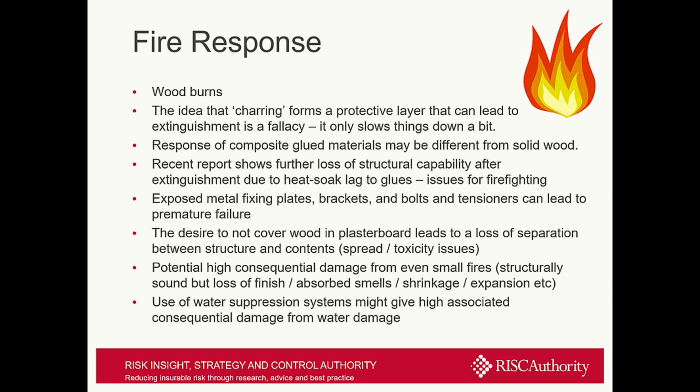Some work has shown that glulam beams can continue to lose strength after a fire is extinguished due to heat-soaked lag, which could have grave ramifications for the responding services. Currently, most designs still use a plasterboard covering to ensure fire containment, but the architectural vision is certainly to be